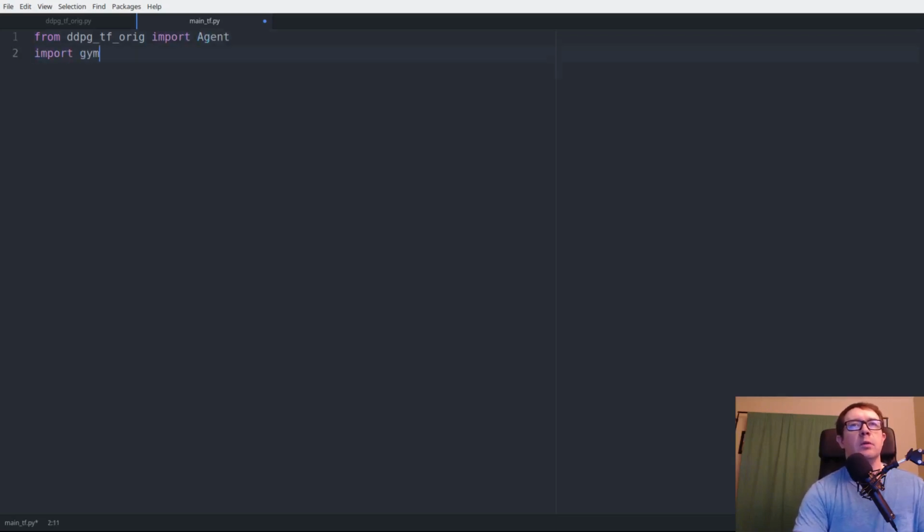We need Gym. Do we need NumPy for this? Yes, we do. We don't need TensorFlow. From utils, import plot learning, and we don't need OS. So we will have a score history. You know what? I don't want to do it that way. Let's say if